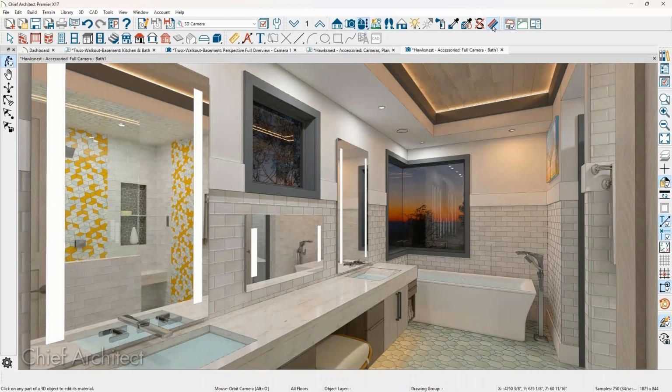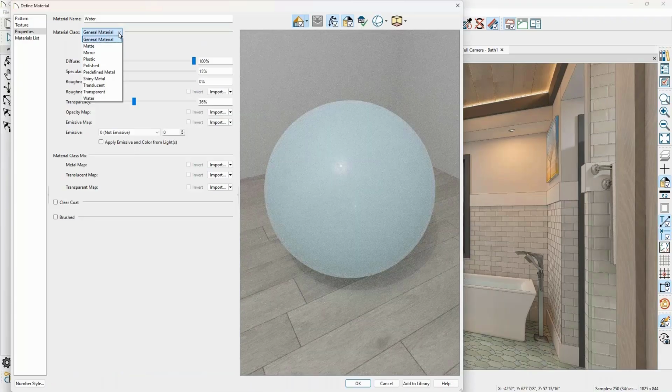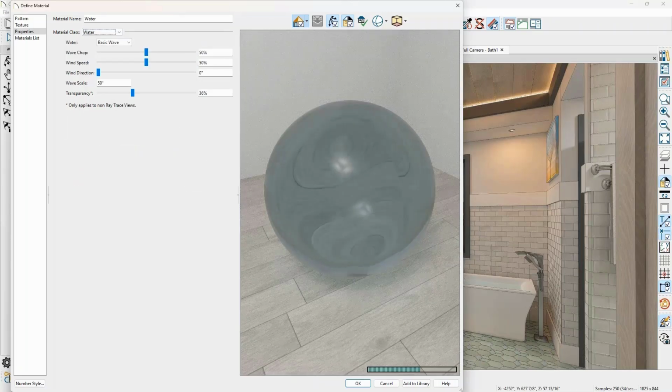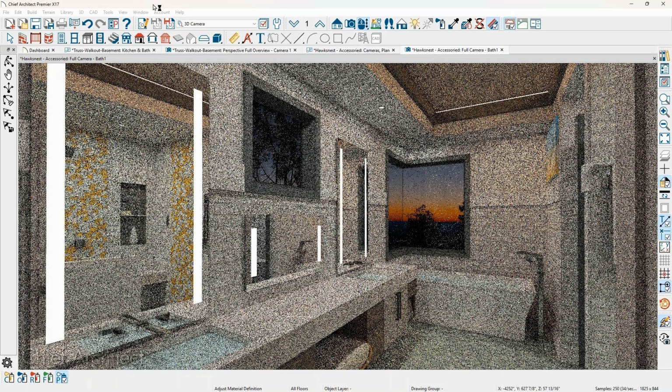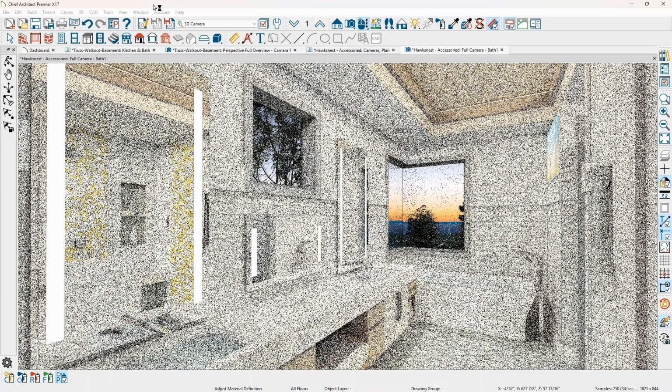So if you wanted to, just click on that. I'm not sure that I actually have that as a water material. I have it just as a general material. But if I switch that over to water, and then basic wave, then I'd probably have to change my camera setting here to animate water. I'm not sure that setting is on. This view is quite heavy here because I got a lot of moving parts in here. And I got line drawing on. But if I go in and make sure that the animate water is checked,